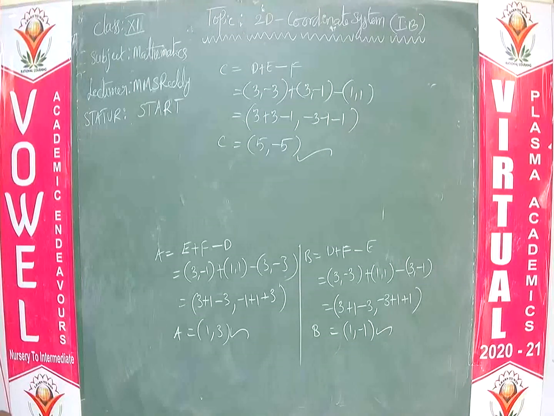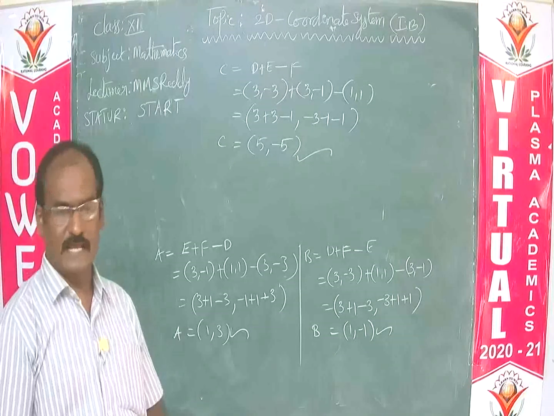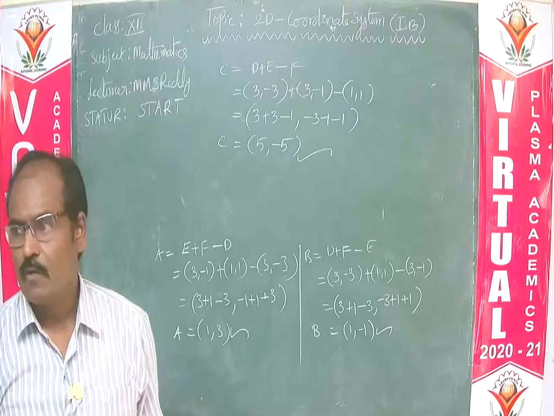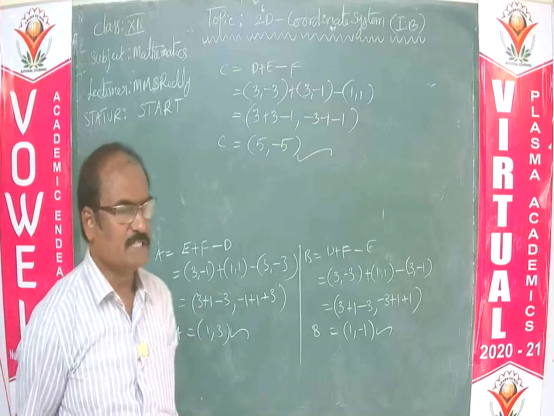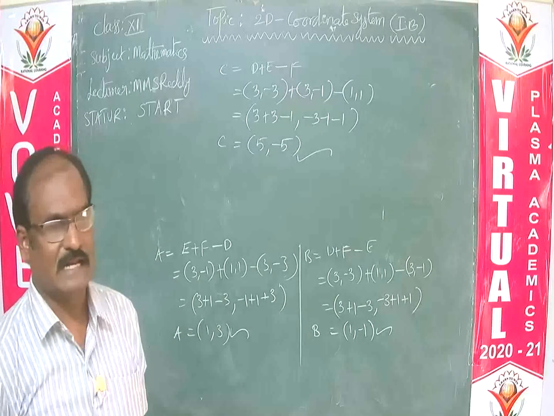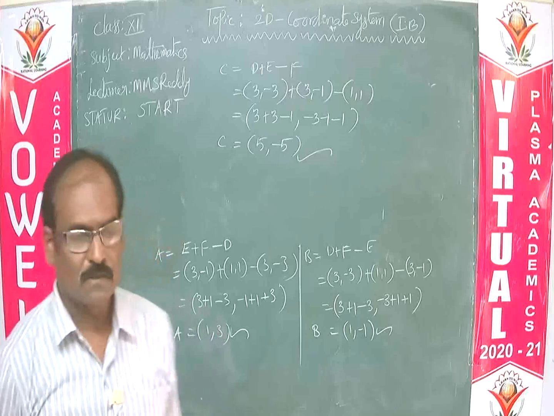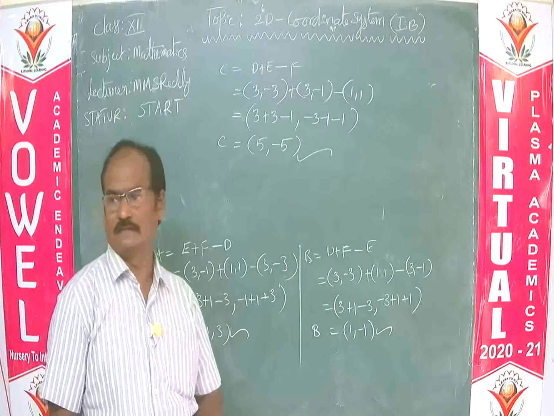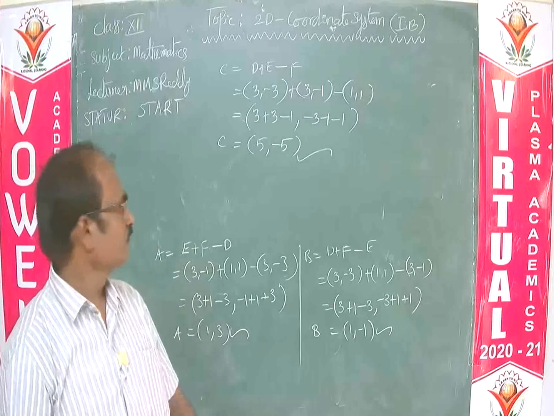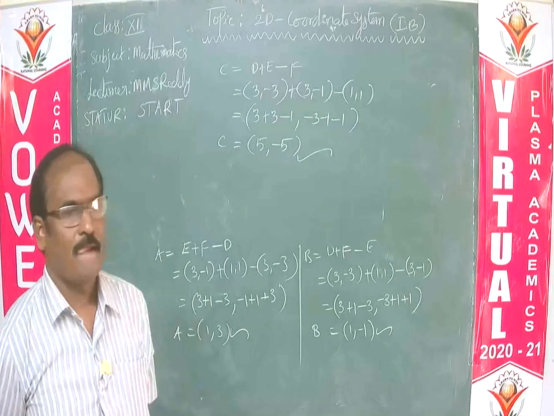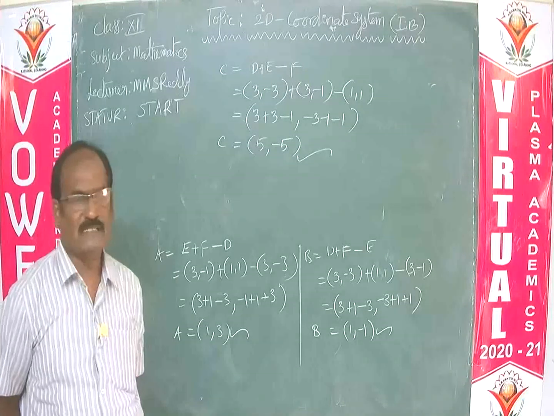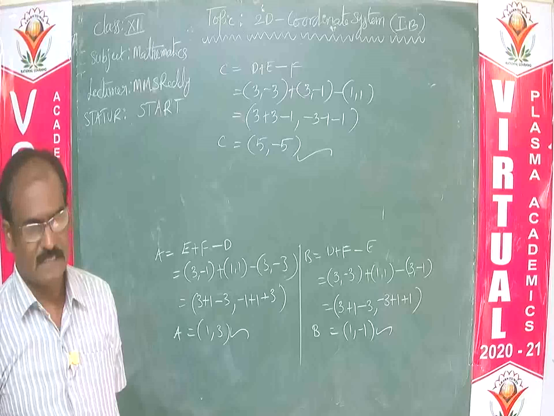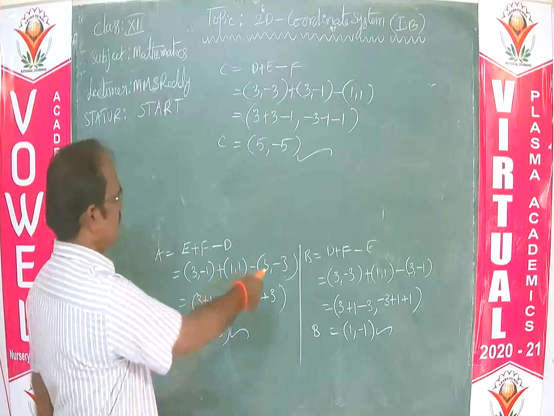So here is the concept of finding the coordinates of a point P which divides the given line segment internally and externally in the given ratio, finding the midpoint and points of trisection, and also, when the midpoints of the sides of a triangle are given, how to find the vertices by this method.